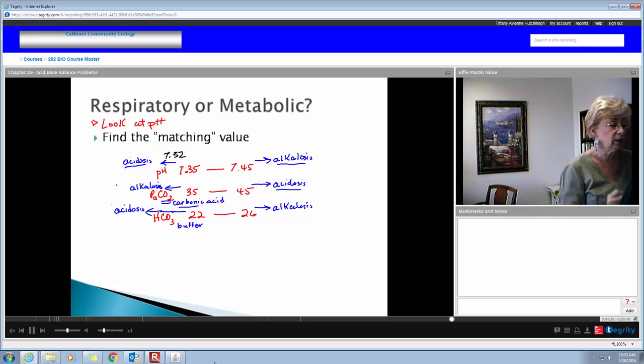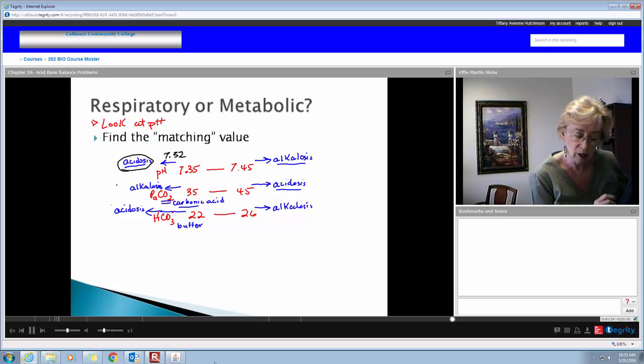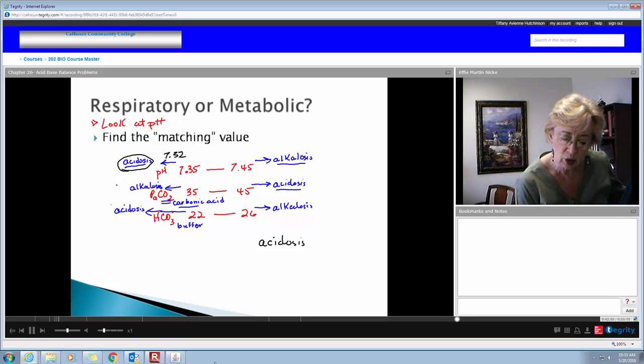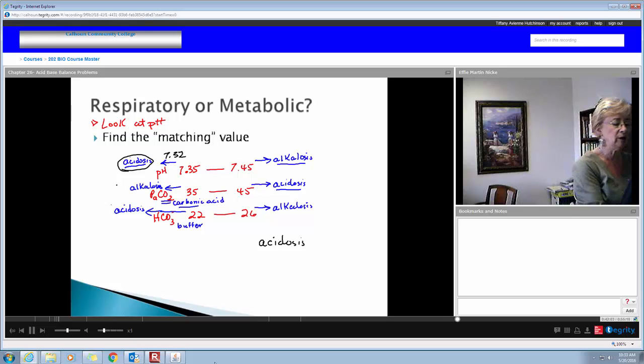right. So, right away, here's his problem. This is Mr. Long. Mr. Long is in acidosis. You can tell me right now by looking at that pH. Is it compensated or uncompensated? It's uncompensated. So now we've got to figure out whether it's metabolic or respiratory. Let's remember that the next thing you have to do is match your pH, so let's look at the other two values. Your PaCO2 is 37. Where is it?